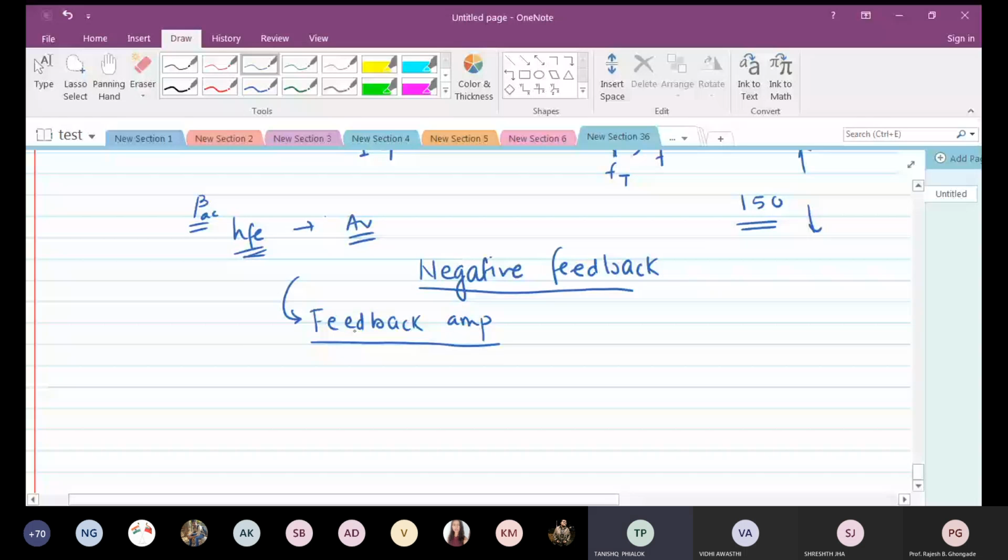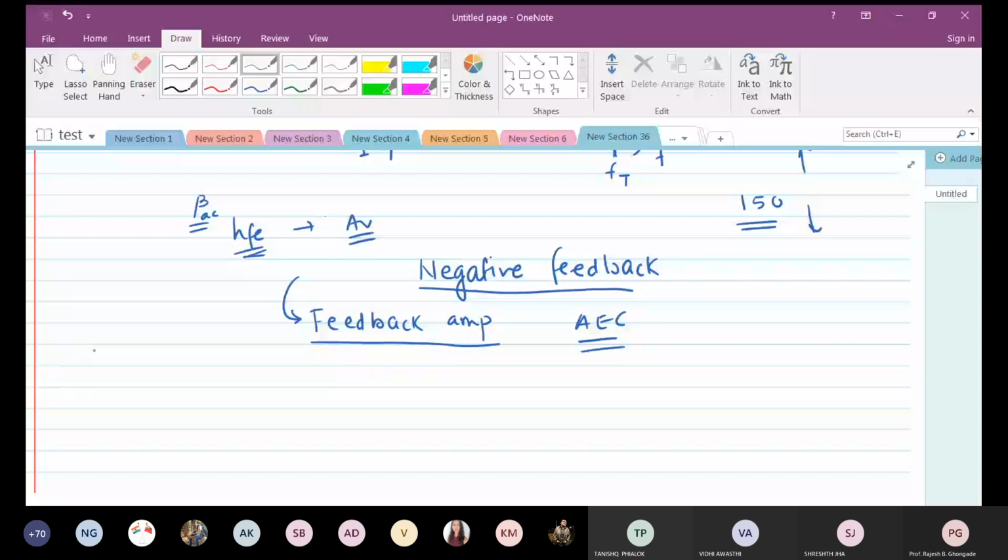Okay, so please remember, in fact I started this lecture, this design itself, by saying that we have to aim for the highest possible gain. We have to aim for the highest possible gain. To be more precise. All right.